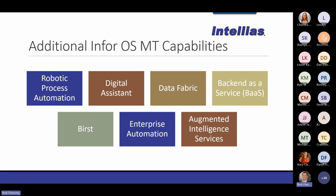These are some of the other capabilities of multi-tenant OS. I'm not going to go into them in detail. I mean, we'd be happy to talk through more of them, but there's a lot that it offers. I highlighted two in detail that I think are relevant to or deliver immediate value. But you also have RPA, robotic process automation, this digital assistant or Alexa or Siri, right? So you can ask the system things or interrogate it and make transactions or run reports off of voice command